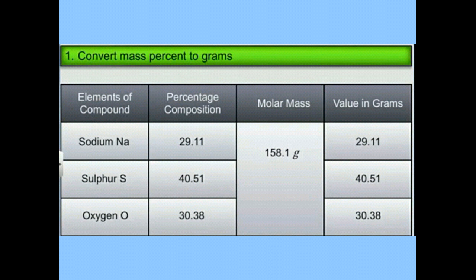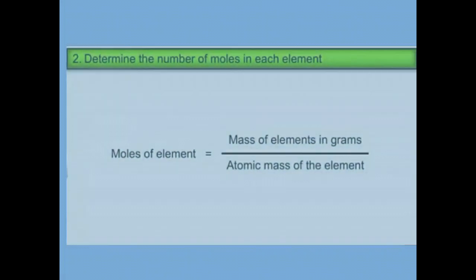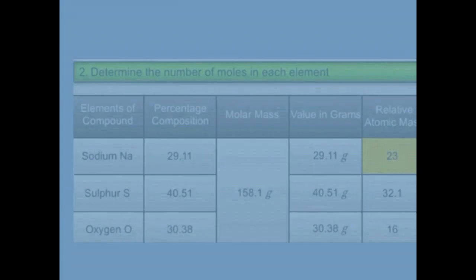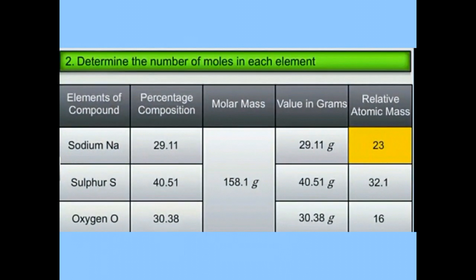So we have got the mass in grams of all these atoms, that is sodium, sulfur and oxygen. Now what we have to do? Now we have to calculate the number of moles of each atom present in the compound. कितने सोडियम के मोल्स प्रेजेंट हैं, कितने सल्फर के और कितने ऑक्सीजन के. For this, whatever is the mass of the elements in grams, which we have obtained from the percentage, that we will divide by the atomic mass of the element. हर एलिमेंट का डिफरेंट मास है, उससे हम डिवाइड कर देंगे. So determine the number of moles in each element.